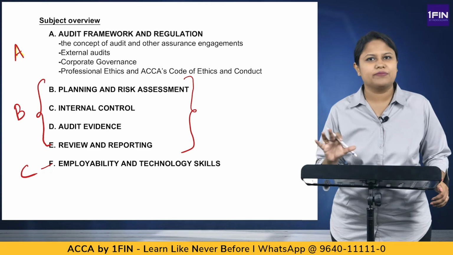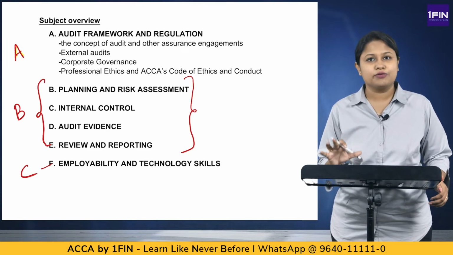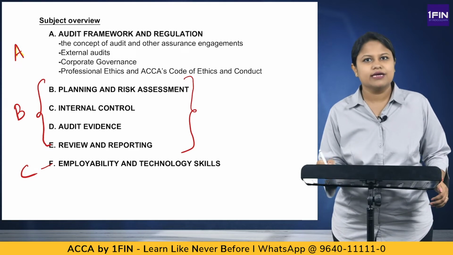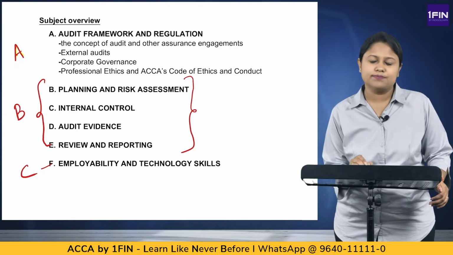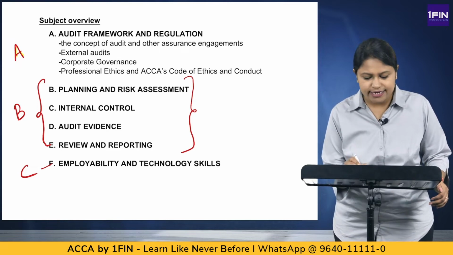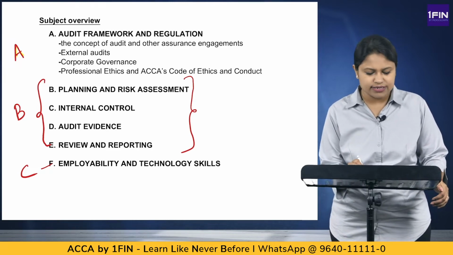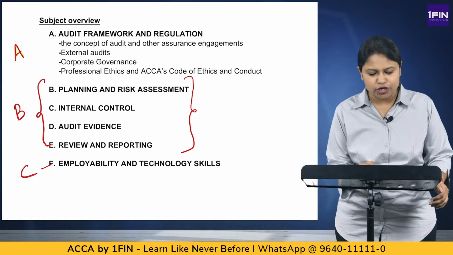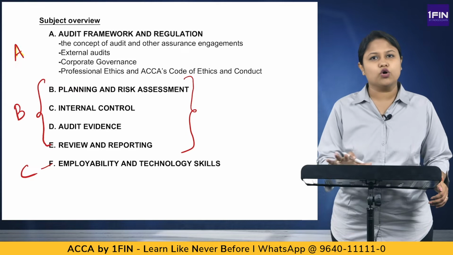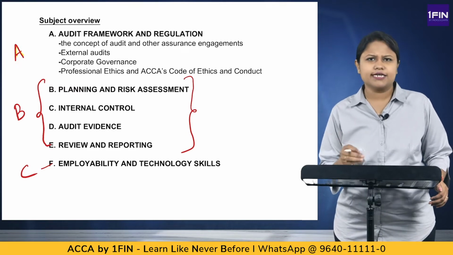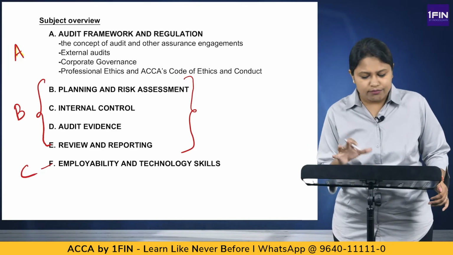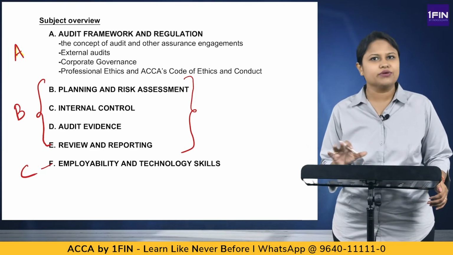When we do a professional preparation, we know that we are going to be the professionals in the market. So there cannot be something that we do selectively. So these, no doubt, importance is given, but ignorance for the others cannot be done. So these basically hold a lot of importance. And the third category is the employability and the technological skills. So this is basically an understanding of the overall syllabus. The content of each, obviously when we do the topics in detail, you'll be understanding it. But overall, these are the topics that we are going to cover.